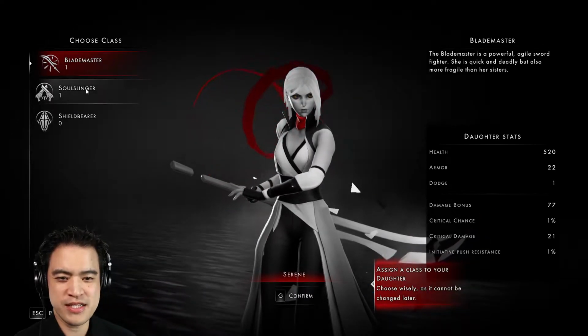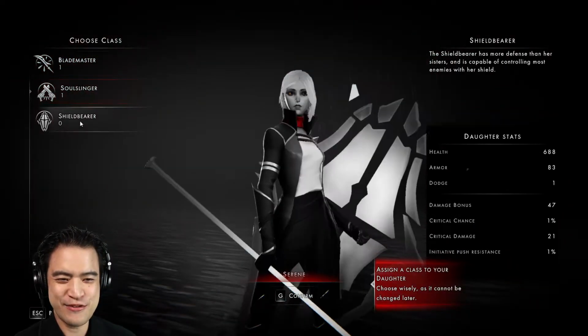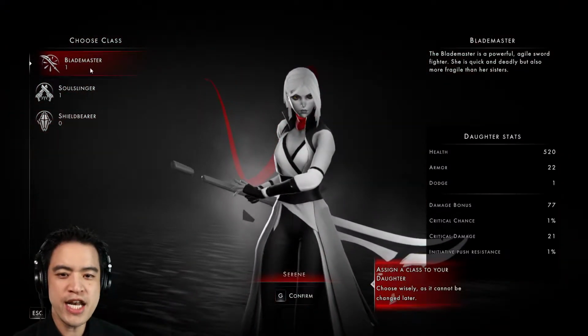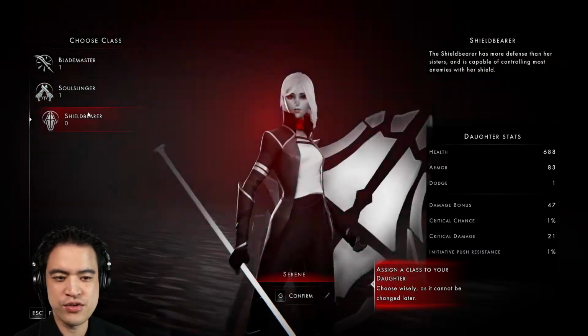So obviously we got a Blade Master here. Here's a Soul Slinger. God, they're so freaking stylish. And the Shield Bearer. So we have to choose. So right now we've got a Blade Master, we've got a Soul Slinger, so let's go ahead and grab the